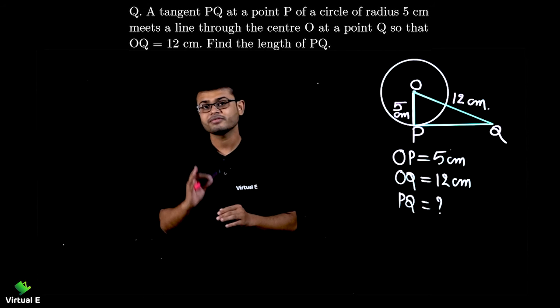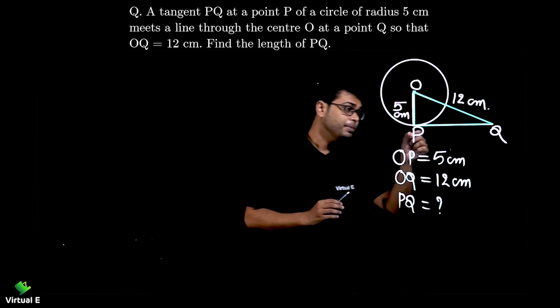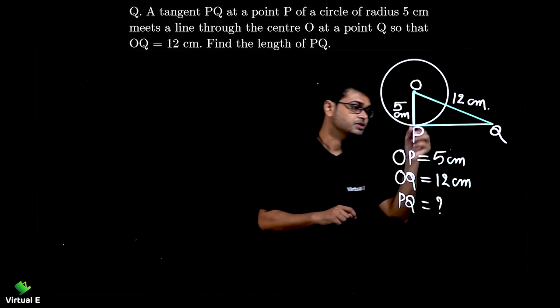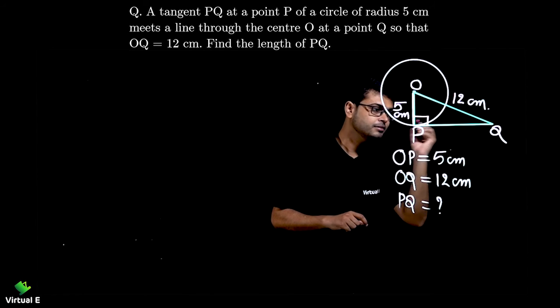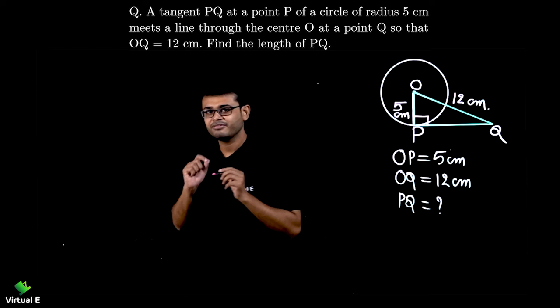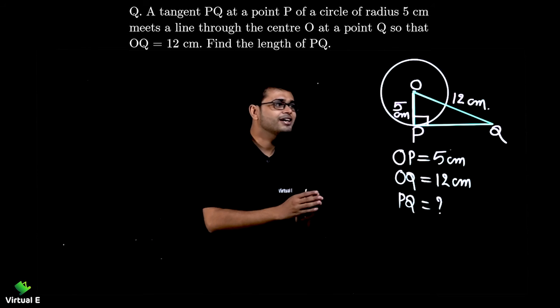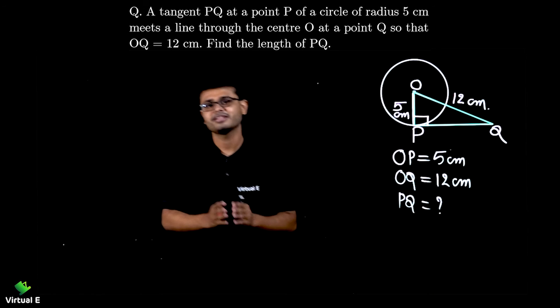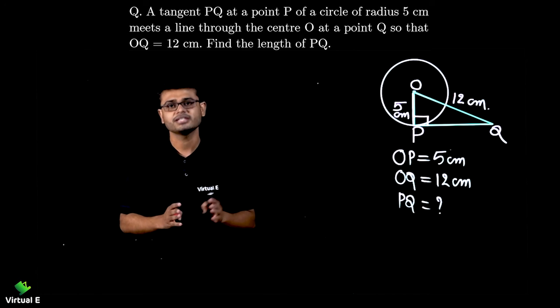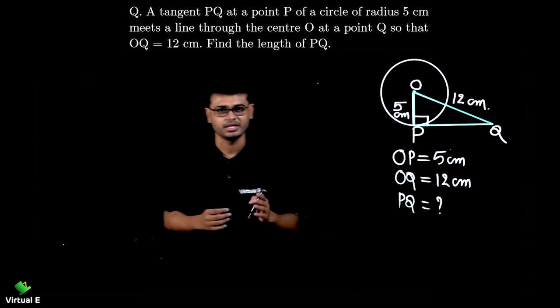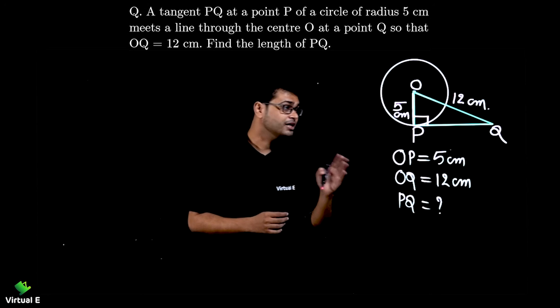Okay, the conclusion of the theorem was that PQ is perpendicular to OP. Perpendicular means 90 degree. So that's going to make 90 degree here. Okay, so now we have a right triangle. For a right triangle, we always use at least one theorem. So many years we are using it, which is Pythagoras theorem. We even use it in many chapters as well. So we are going to use Pythagoras theorem.